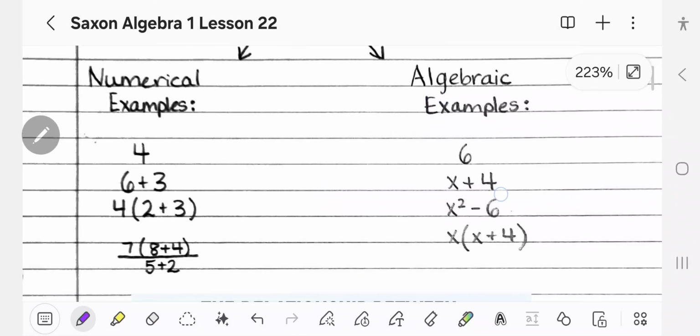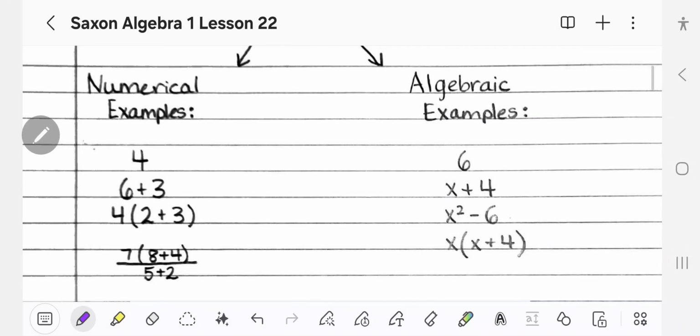These are all expressions, and on the left side you see numerical examples. None of these examples have a variable in them. And on the right side, you're going to see algebraic examples. But notice here that 6 is included as an algebraic example. So if you remember from a previous video,